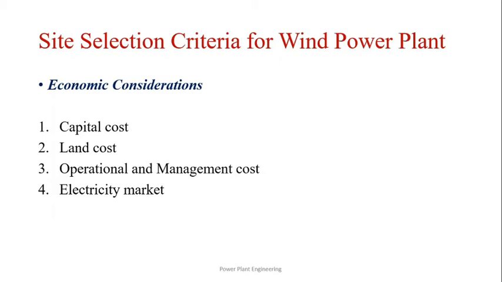Land cost. For the site selection, a main economic factor is the cost of the land where the wind farm or windmill is to be constructed, because the cost of the land primarily depends on the region, soil condition, and the distance from the residential area. Operational and management cost. There will be control functions such as supervisory control and data acquisition, which will provide control of each wind turbine in operational and maintenance facilities. Business rates, maintenance expenses, rents, and staff payments are main components of operational and management cost.